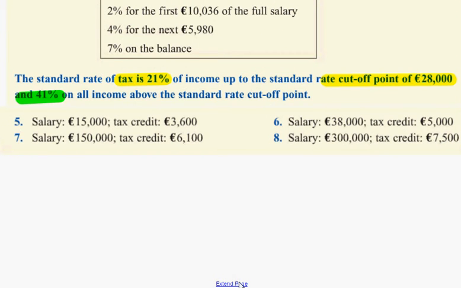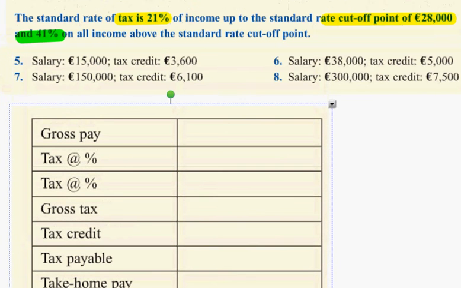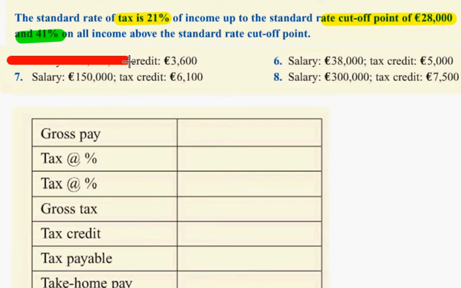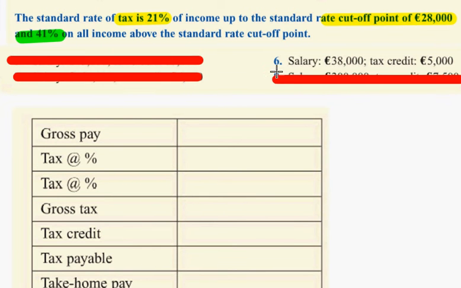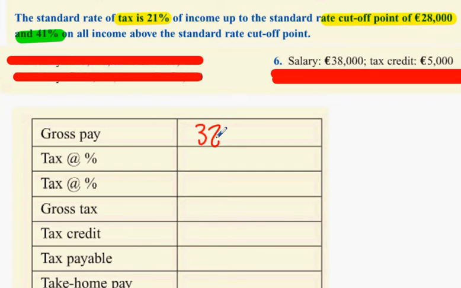I'll do 38,000. 38,000 is one of the better questions there. So the question I'm going to do is question 6. Everything else doesn't need to be here. Starting off, I'm going to first of all fill in my 38,000 in here. My 38,000 breaks up into two parts. What two parts does it break up into? It breaks up into 28,000 and